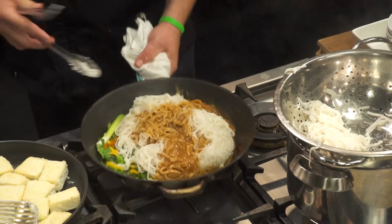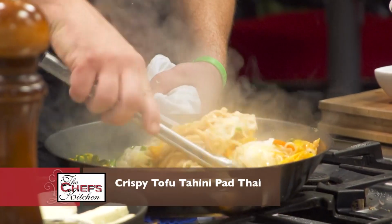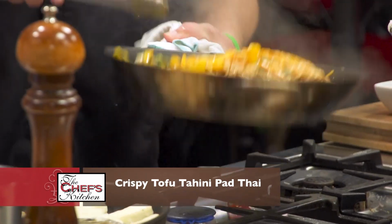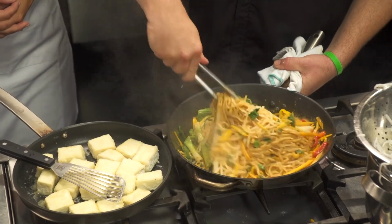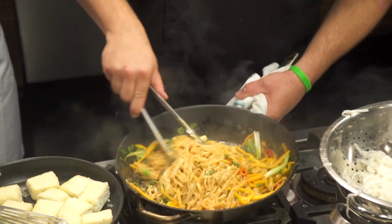Oh my gosh, can you smell that already? Making me hungry. Yeah, me too. Those noodles are going to absorb all of that sauce. It absorbs all of it, and the vegetables. So, in a matter of just a few turns of the pan, your sauteed vegetables and the tahini dressing,